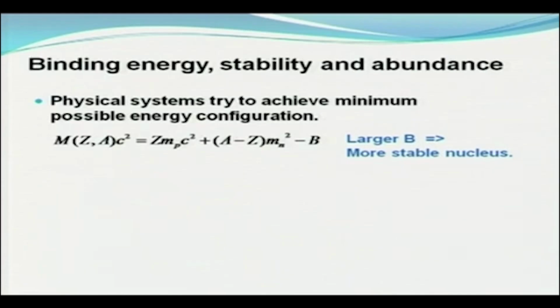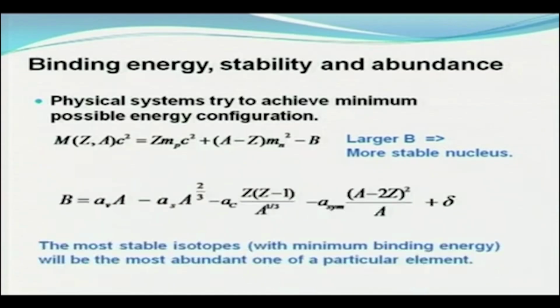So, this formula we already saw earlier. So, the mass m_N is smaller if B is larger. B is larger means larger binding energy. And we already said the physical system tries to achieve the minimum energy configuration as much as possible, and therefore, the larger the binding energy, the more stable the nucleus is. Okay. So, binding energy here we express again is given by this, and we can in fact